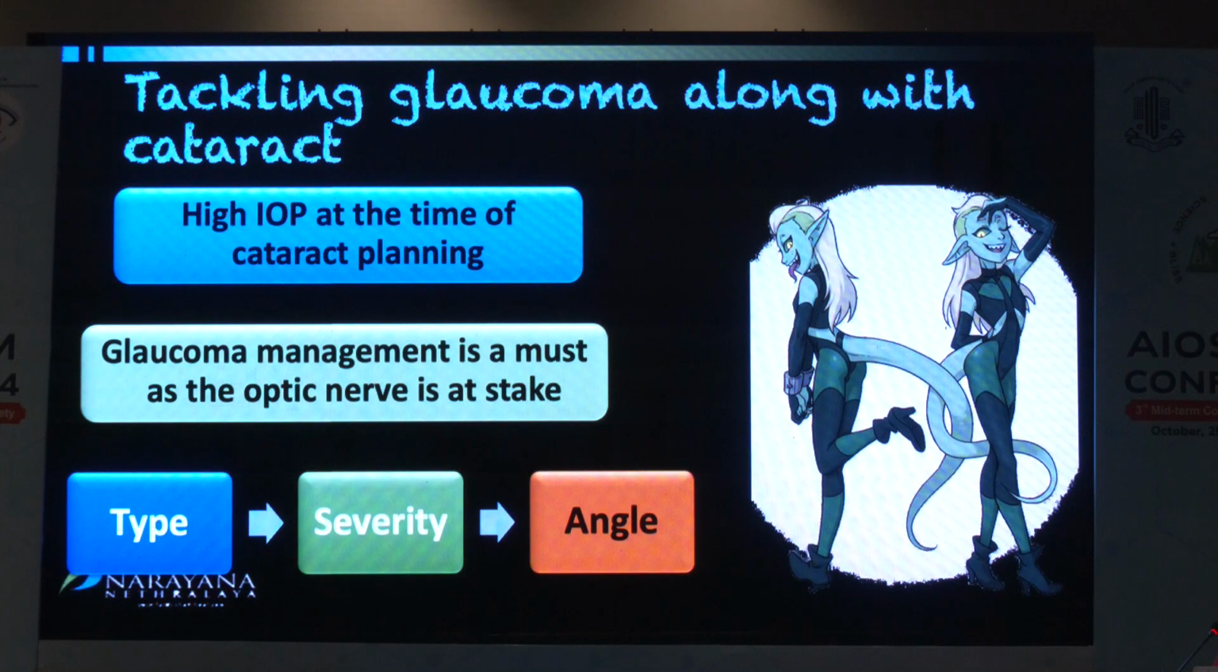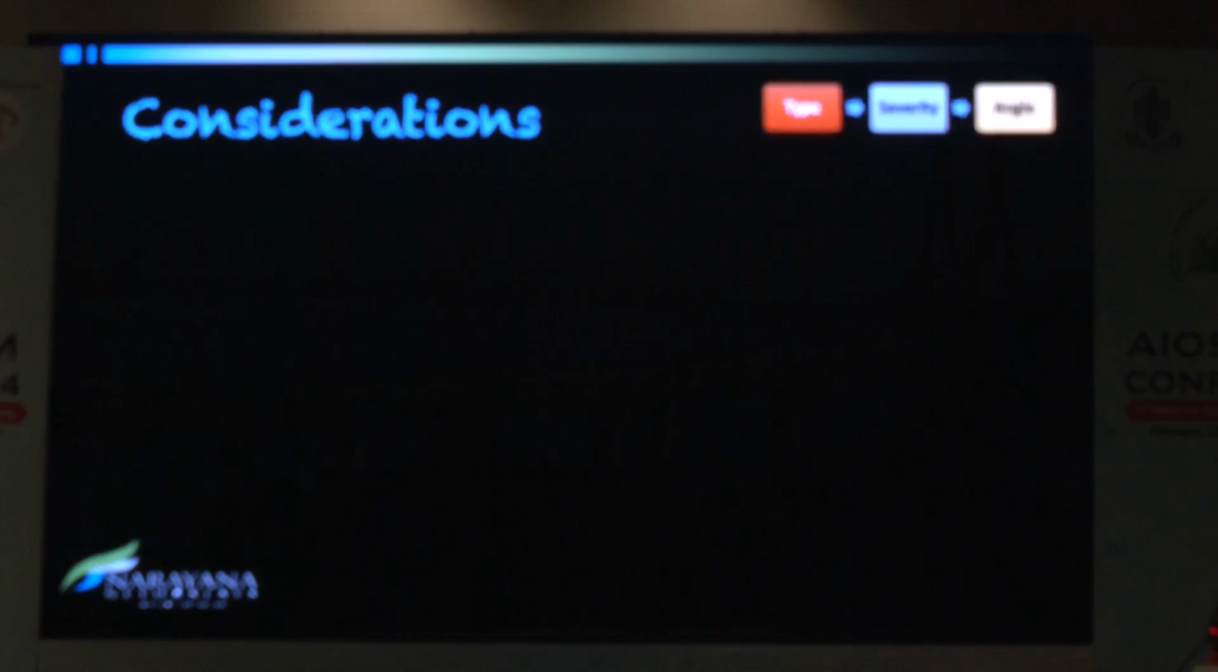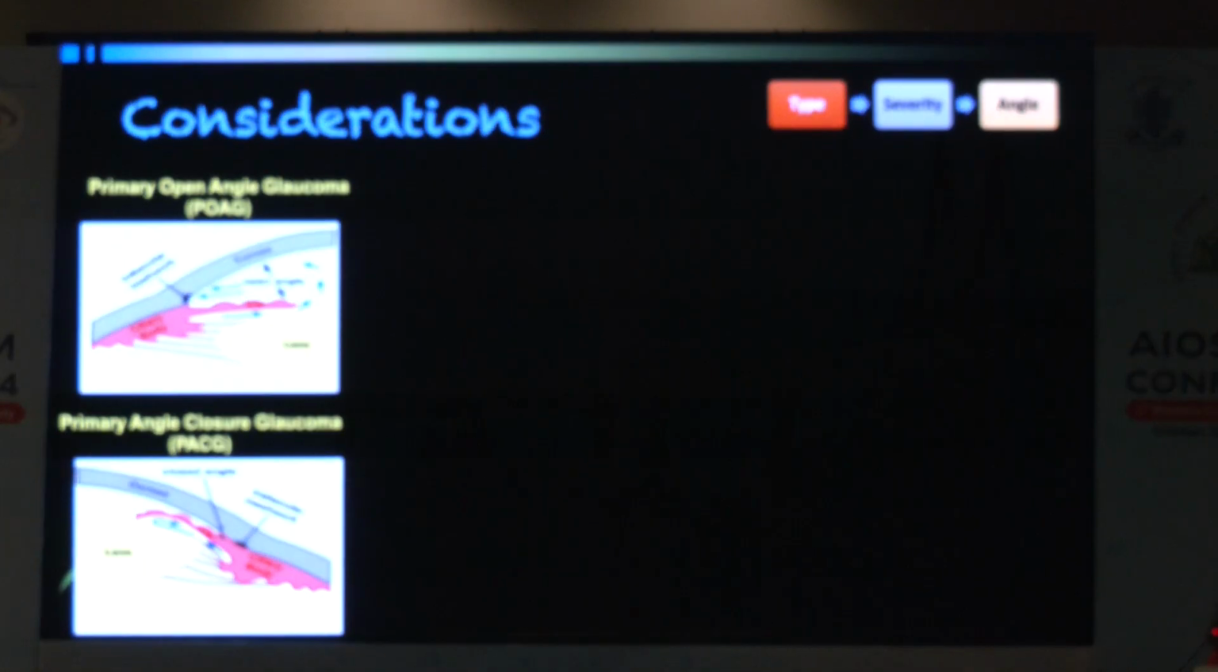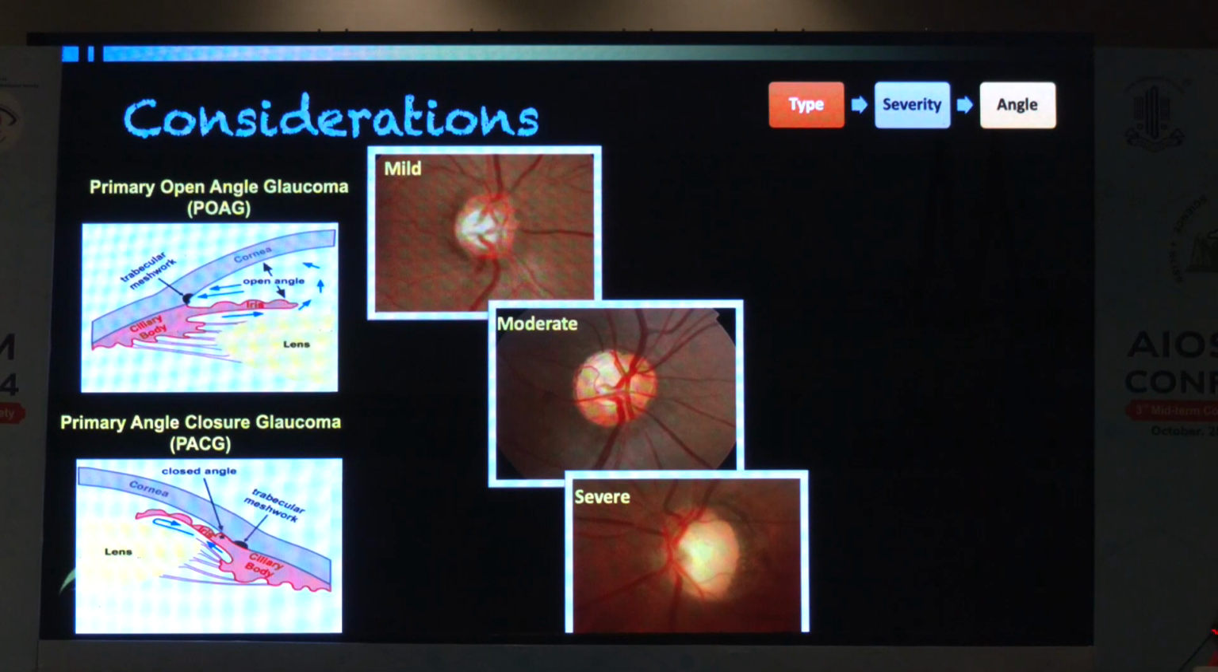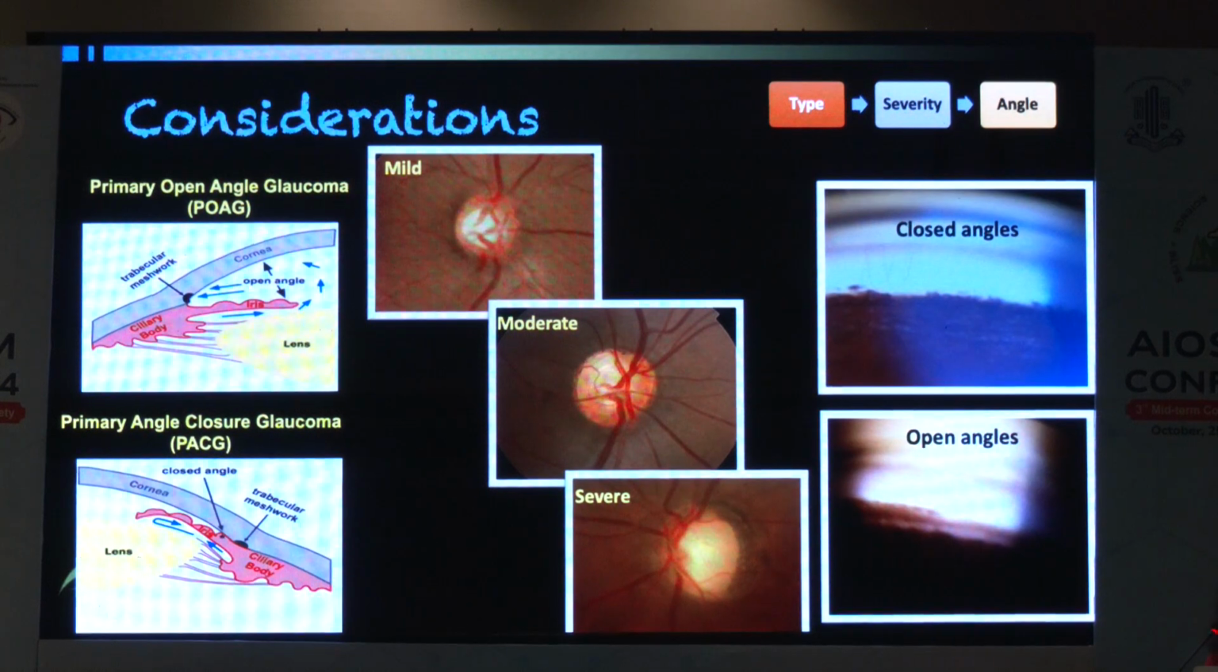Okay, so it depends on the type of glaucoma, severity of glaucoma, and the angle. So these are the three things we need to keep in mind. Now let us look at what the considerations are. We have to see whether we are dealing with an open angle glaucoma or an angle closure glaucoma, whether the stage is mild, moderate, or severe, and we definitely need to look at the angles ourselves, whether it is open